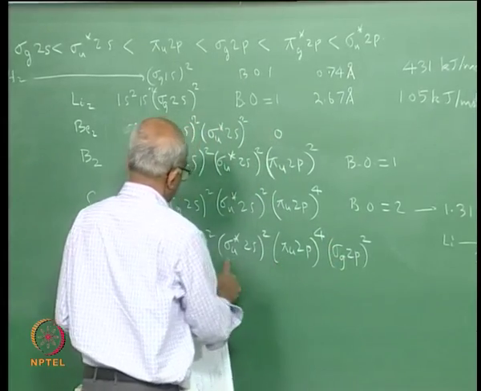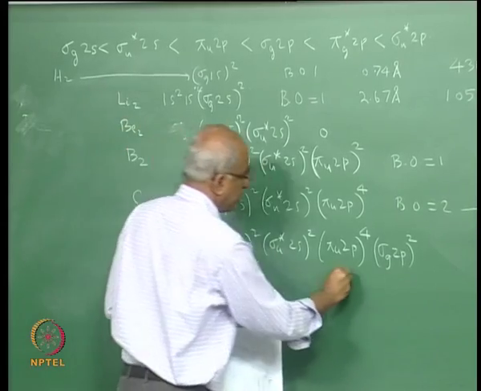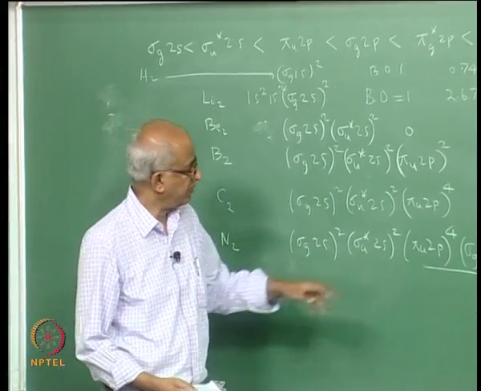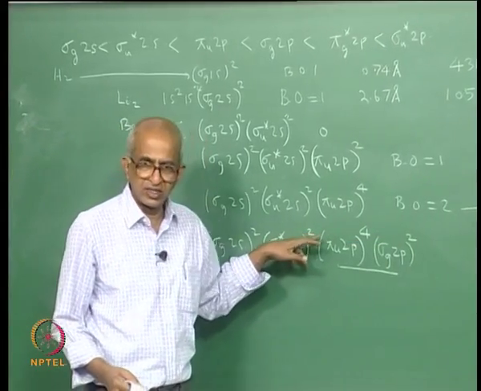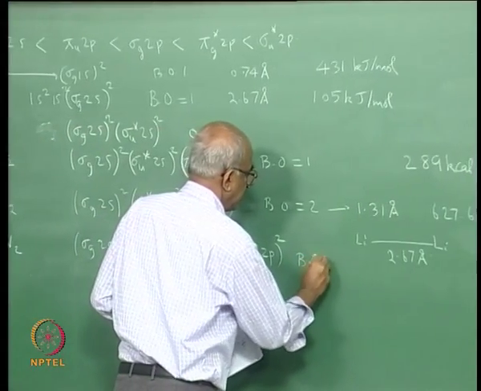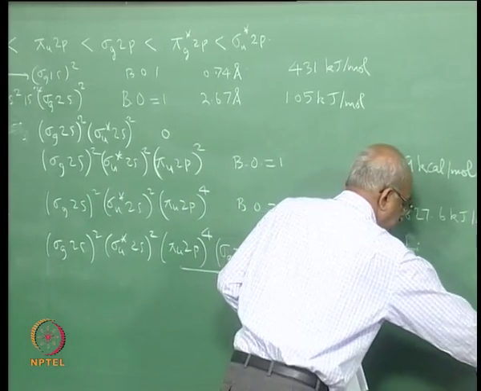Remember, this and that cancel each other because this is bonding, that is anti-bonding, but these are all bonding orbitals, and therefore, you have 6 electrons sitting in them. That means the bond order is 3,